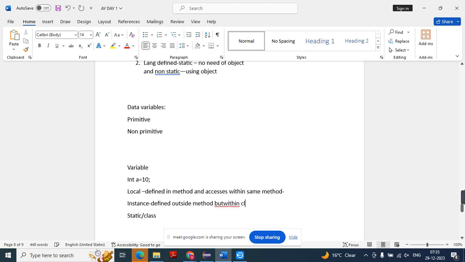हम एक क्लास की बात कर रहे हैं अभी, but within class only. अगर मैं इसको डिफाइन भी करता हूँ किसी भी मेथड के बाहर, outside any method, but it can be accessed within class only. ओके, और क्लास में डिफाइन करना है इसको। वो भी मेथड के बाहर हो सकता है बट क्लास के अंदर होना चाहिए, मीन्स within class body. सिंपली within class बोल रहा हूँ तो आपको क्लास की बॉडी पता है।